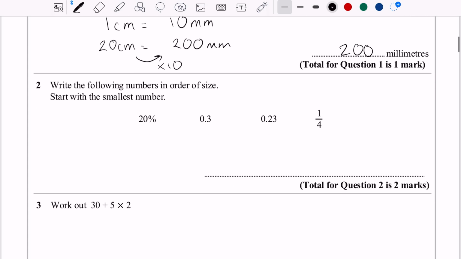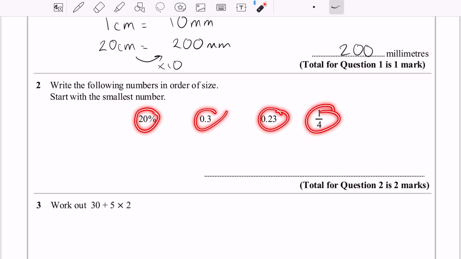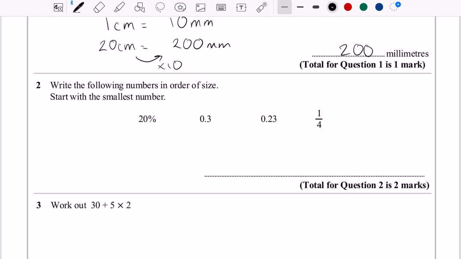Next one, write them in order of size, start with the smallest number. Alright, so this is actually quite tricky for question 2, but that's fine. Let's put them all as decimals, because we've already got 2 of them as decimals. We've got a fraction and we've got a percentage. So that as a decimal is 0.2 or 0.20 might be more useful. And a quarter is 0.25, alright? And then you just need to look one at a time. So put a little 0 on the end of 0.3, because that's more helpful. So starting with 0.2, in fact, let's keep it how they've written it. So we've got 20% first,